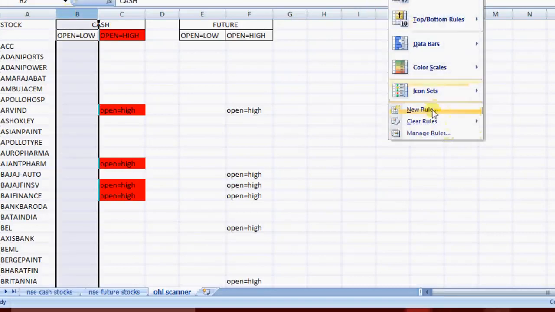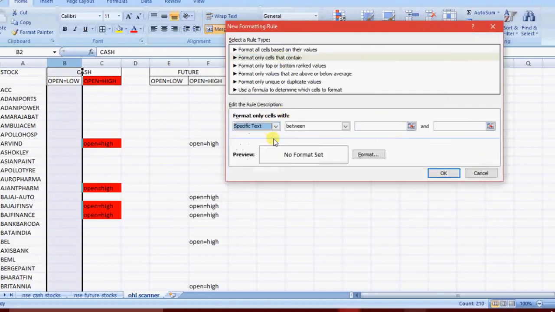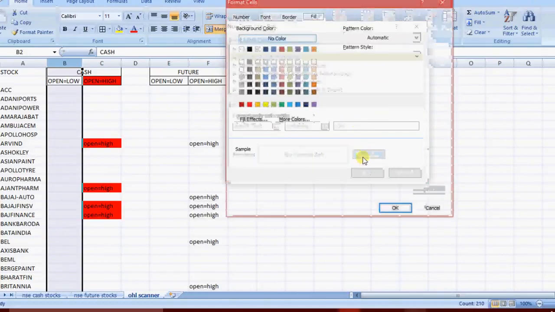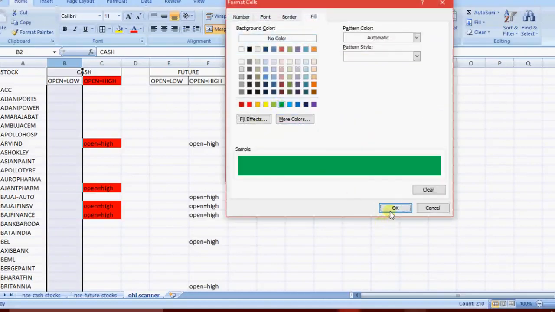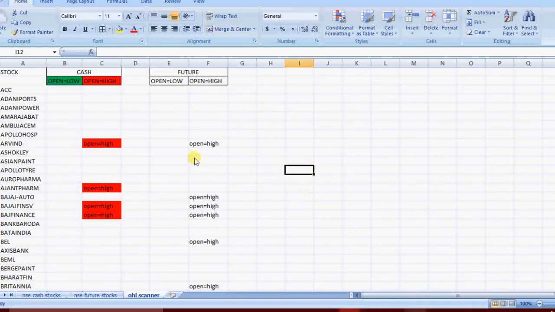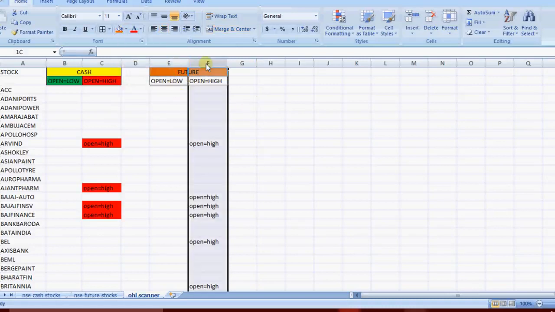Low, green color. Cash yellow, and future I'm going to give another color for easy identifying.